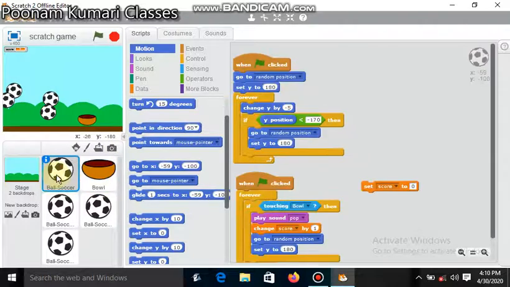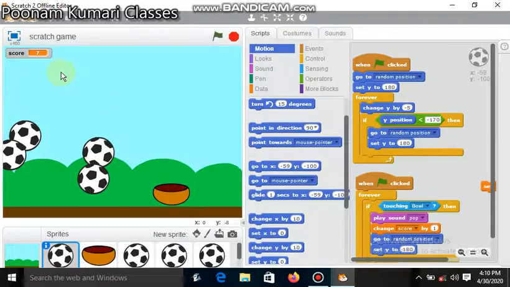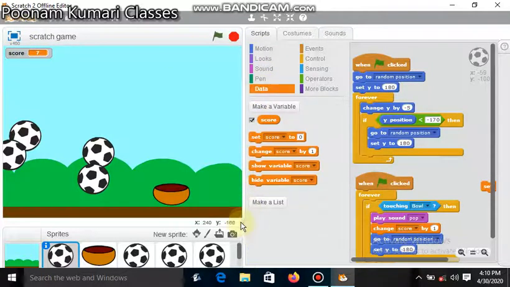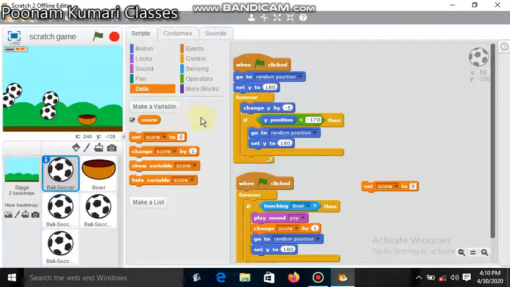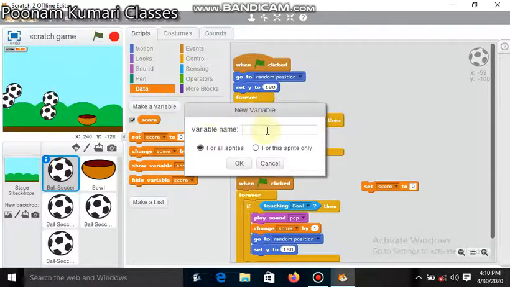Now I will tell you how to insert this score. It is available here. You have to go into the data block. I have already created a variable, so your computer will not show this. What you have to do is click on make a variable. Here it is available, name. I have written score, so you can write score here.